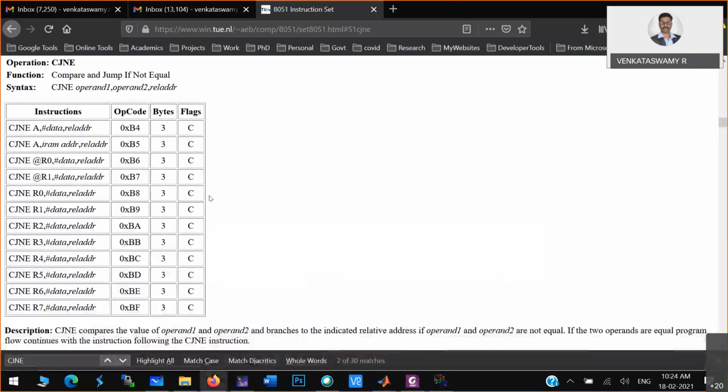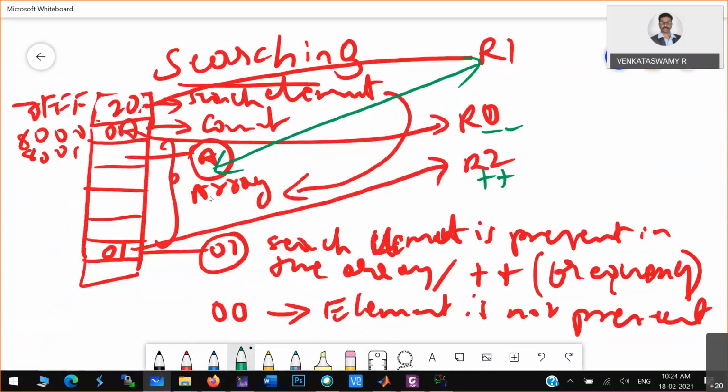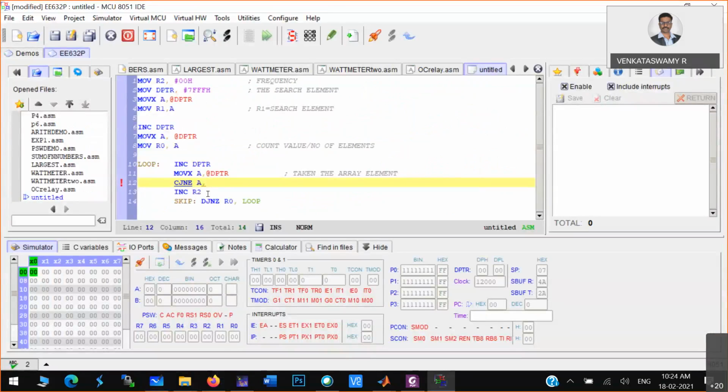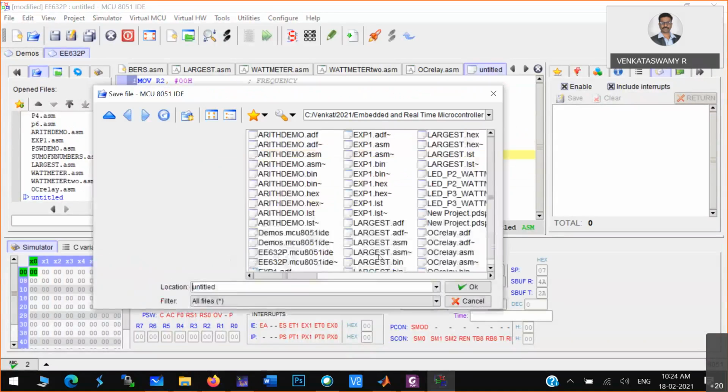We have to compare A with R1. So R1 address is 01, correct? R1 address is 01. So then skip. So here you have to use the address of the RAM. So that is what I have given. That is basically the address of the number.